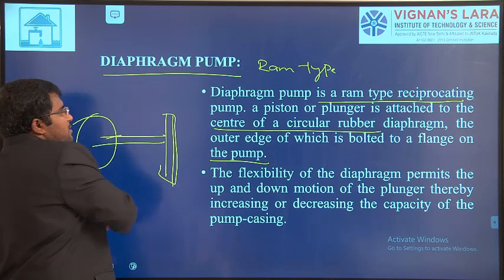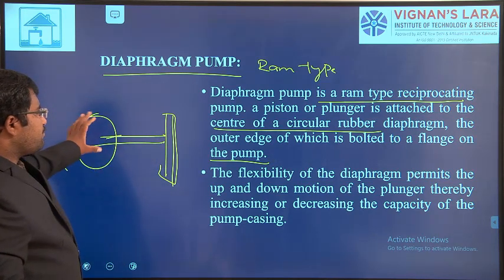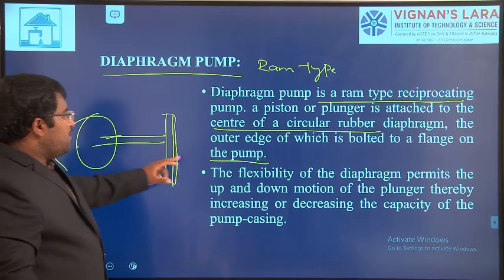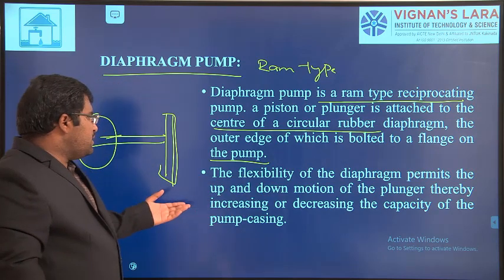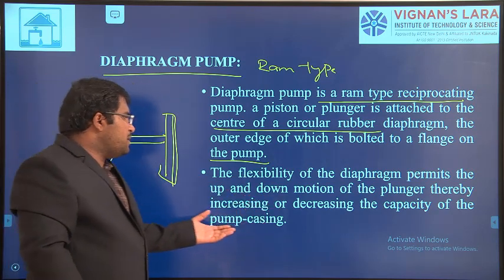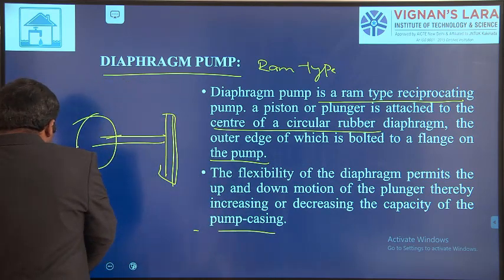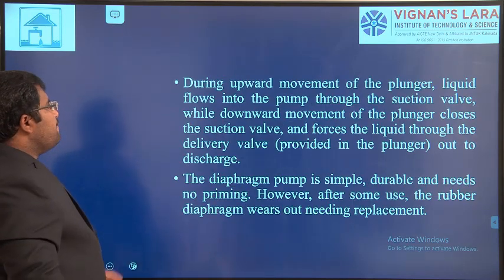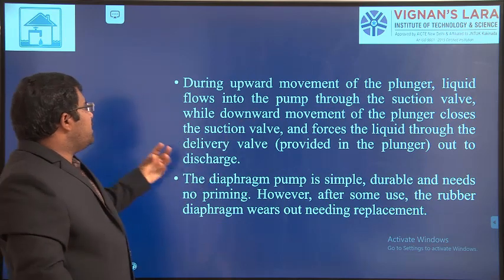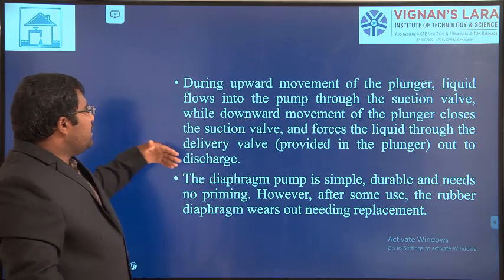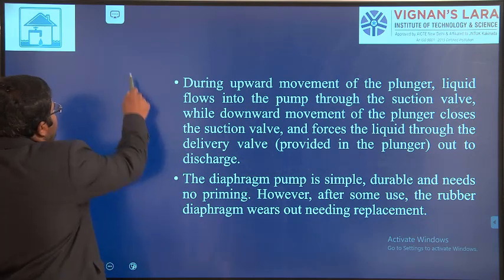It's attached to a circular rubber diaphragm, okay. The flexibility of the diaphragm permits the up and down motion of the plunger, thereby increasing and decreasing the capacity of the pump casing. We can increase the capacity, okay. So during the upward movement of the plunger, liquid flows inside the pump, right. So while downward movement,